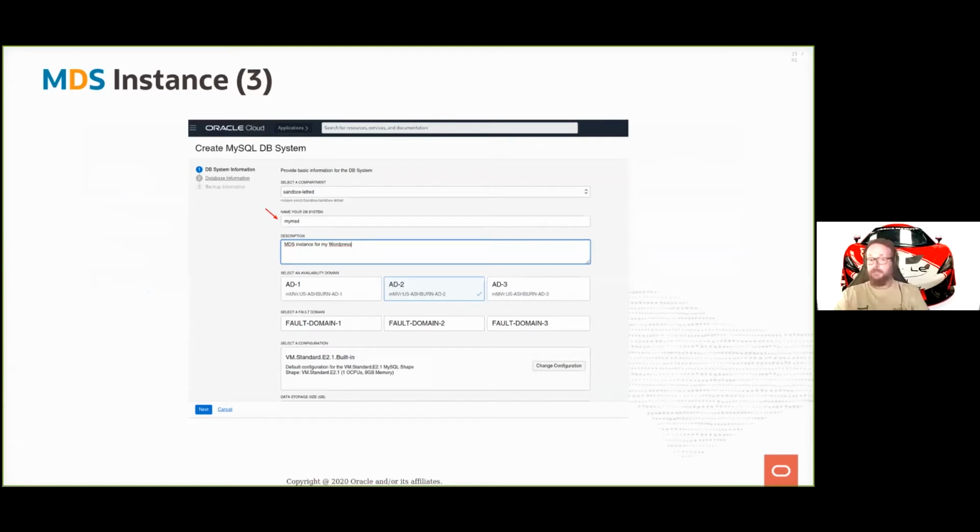You give it a name. So here for me, it's my MySQL Database Service instance, so my MDS. Then you have a description. The more systems you have, the better it is to have a nice description explaining what it is. Then you have